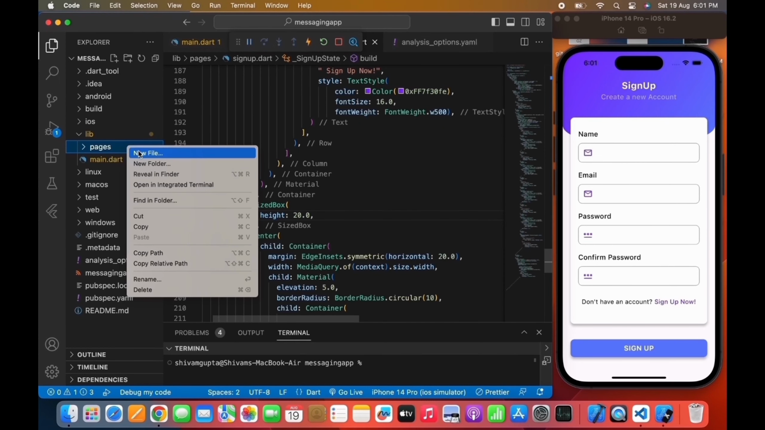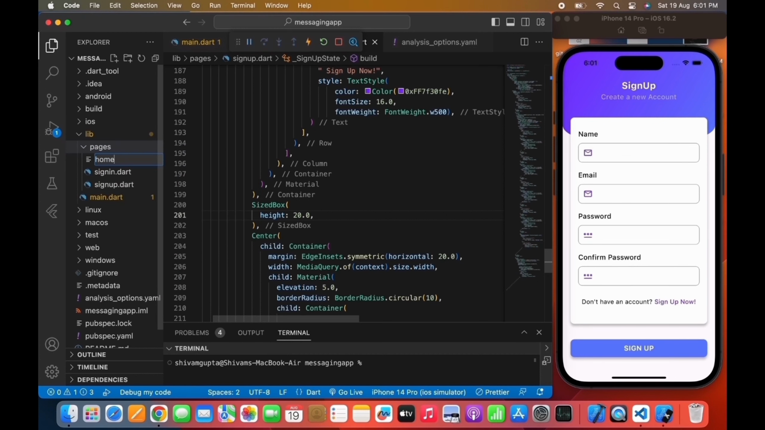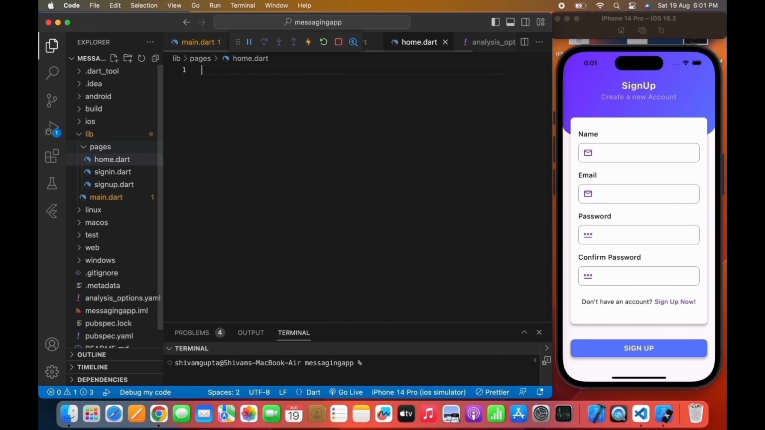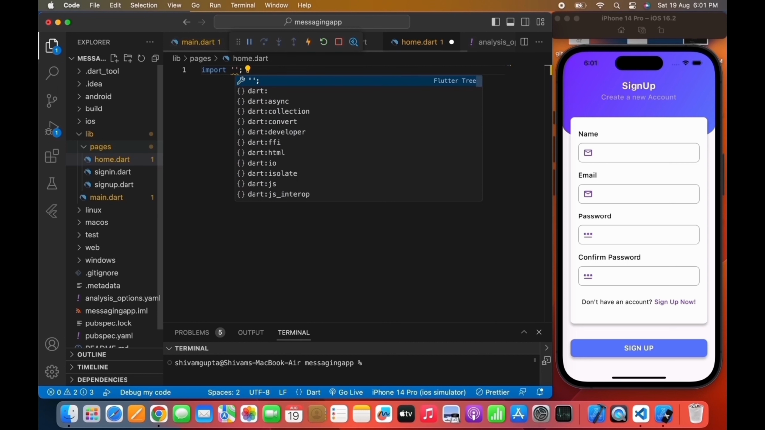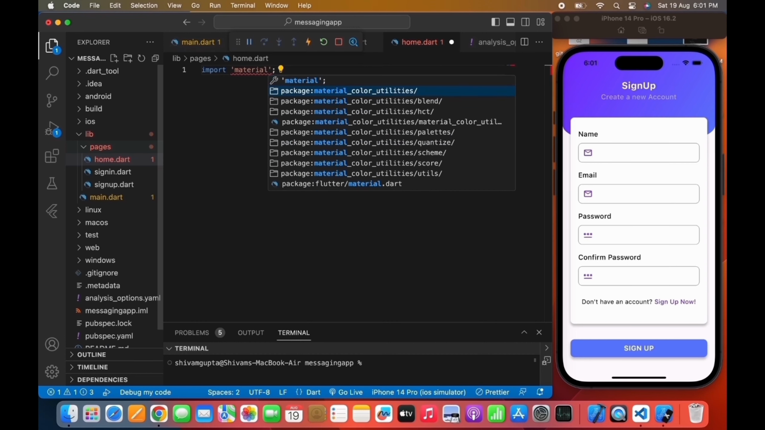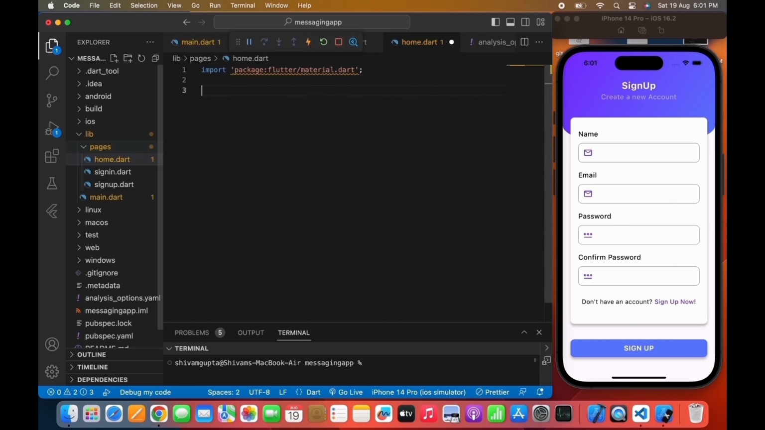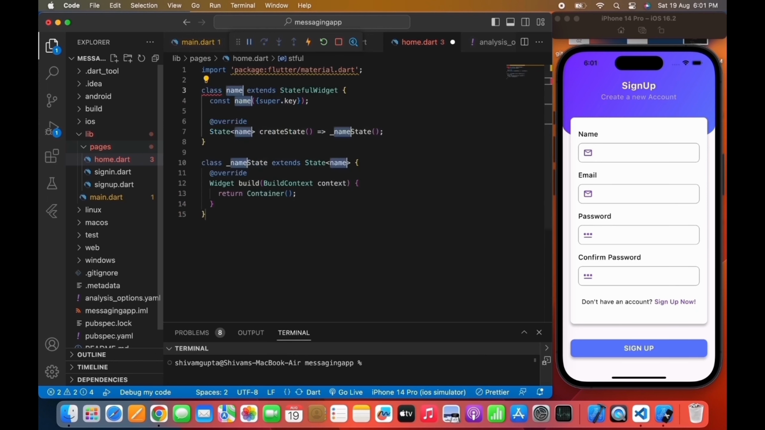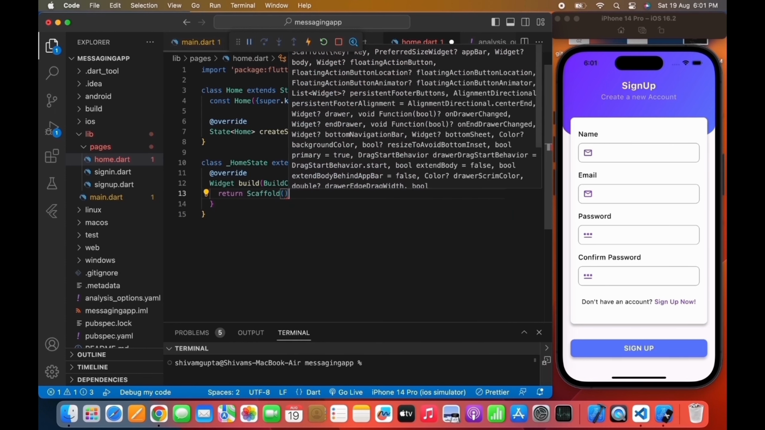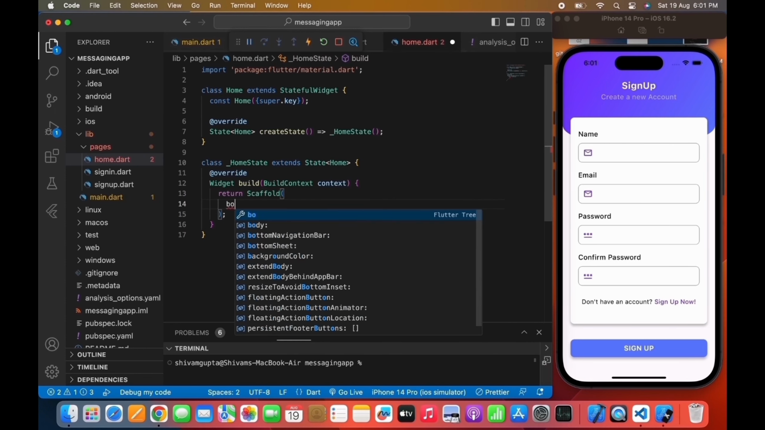So let's get started. Now let's move to the pages folder and we will create a new file named home.dart. Now inside the home.dart file I will create a stateful widget named Home here. Now I will remove the container and write Scaffold body